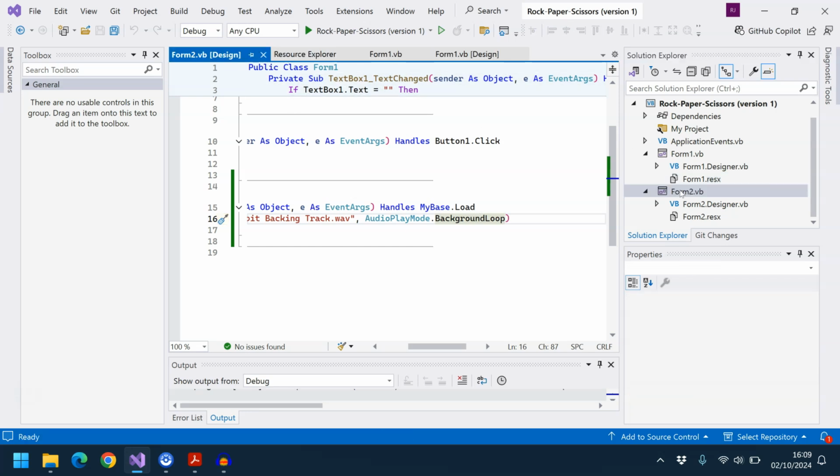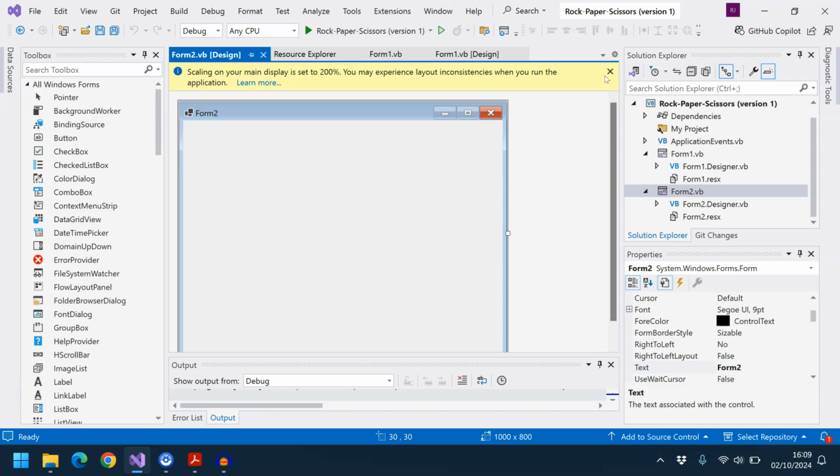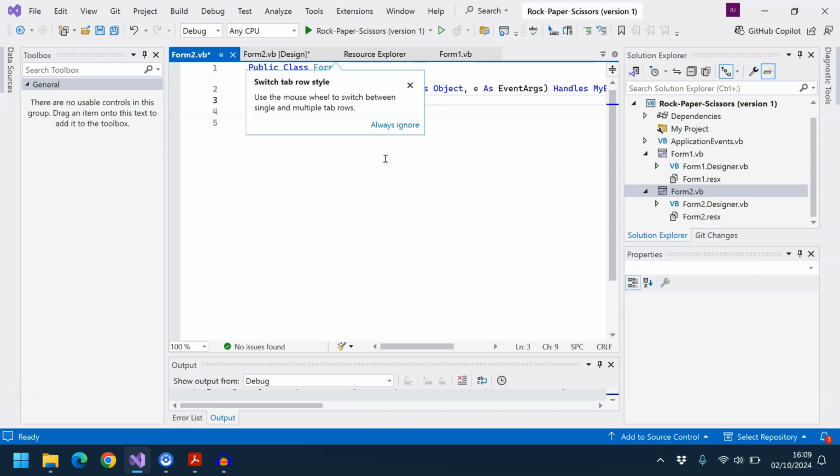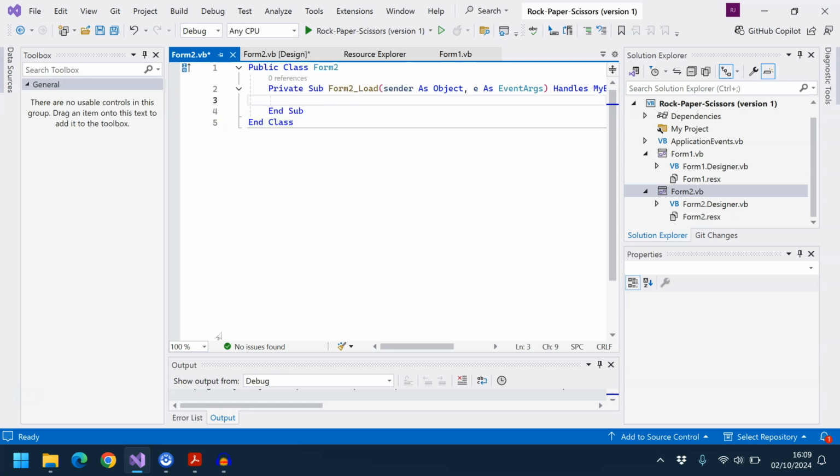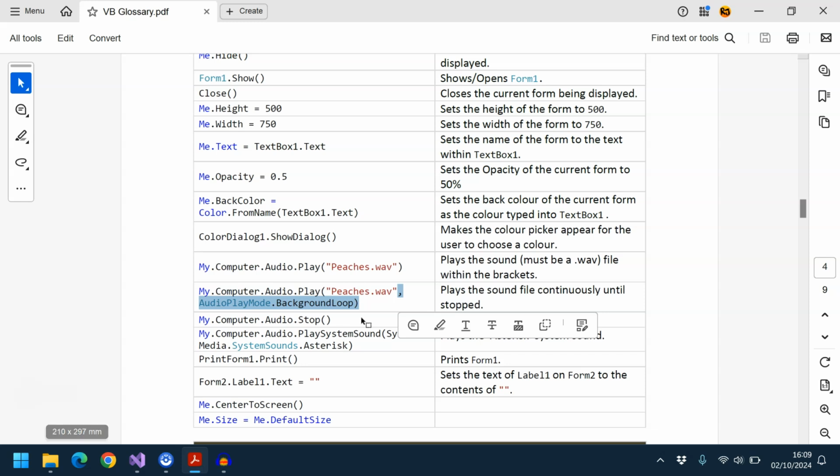So if I open up form 2, I think if I just double click it there, do the same again with double clicking this. Just get rid of you there a minute. So we've got this form 2 load thing. I'm just going to pinch another bit of code here, which is my computer audio dot stop. So what that does then,